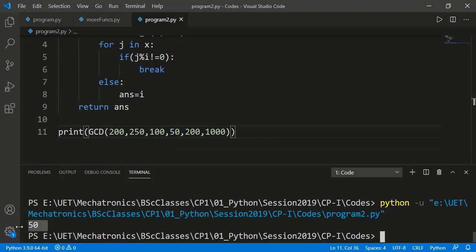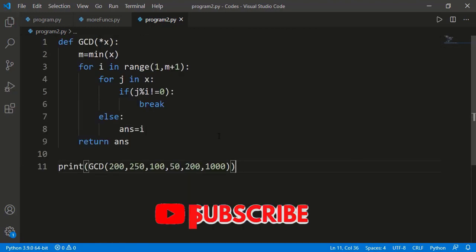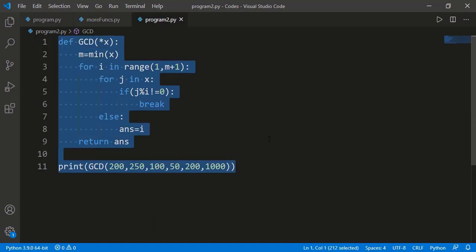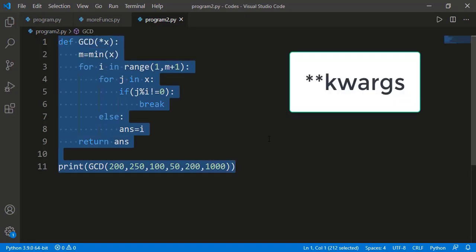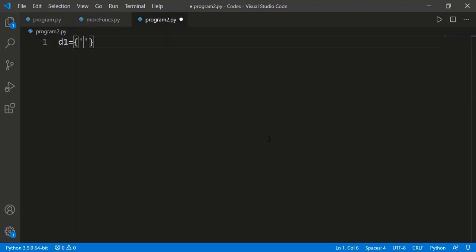And we're getting the correct results. That was all about variable length input arguments, and now we will see the last part of the lesson, which is keyword arguments, also known as keywords. This is different from passing the arguments by name. These are specified with double asterisk with the input argument name. These are related to dictionary, so let's first see a couple of things of dictionary.